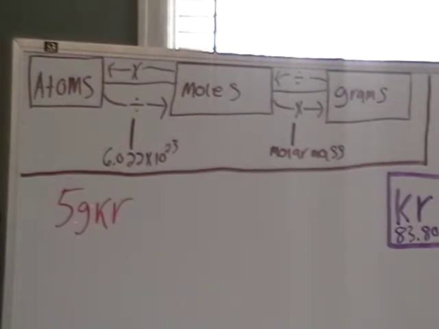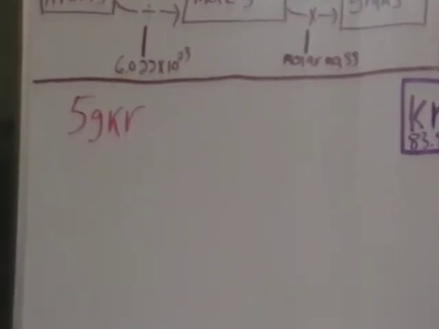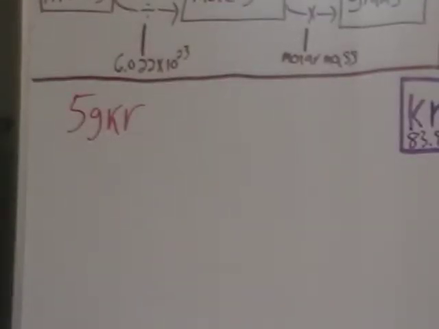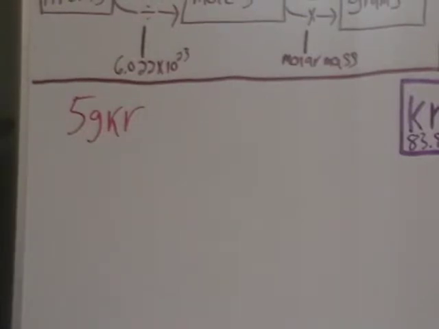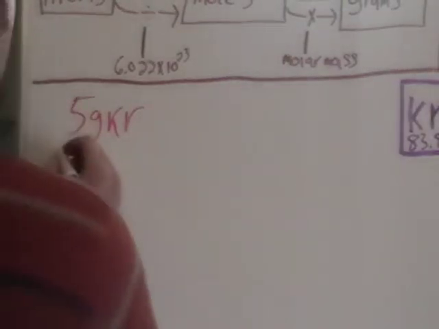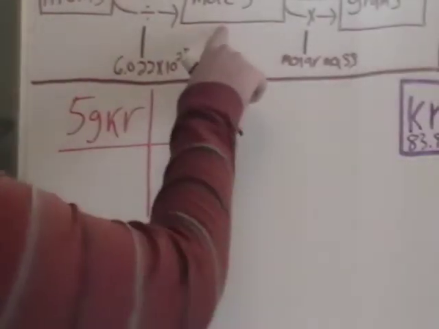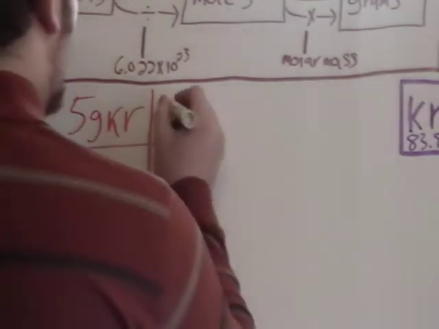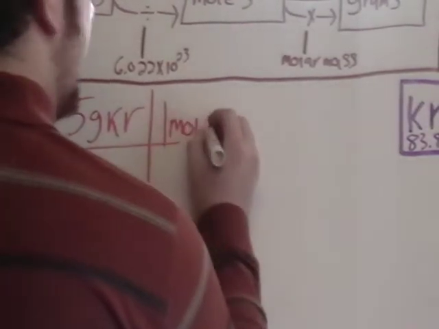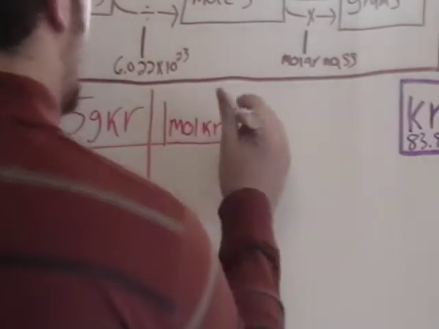You can see right here I have 5 grams of krypton, and I want to see how many moles that is. So we can refer back up here to this diagram. I'm going to have to divide, you can see, by the molar mass, which is 83.80. So let's get started here. And we're following the same rules as the last video that I did on unit conversions. So we have 5 grams of krypton. I want to know how many moles are in 5 grams of krypton. So in 1 mole of krypton, there's this molar mass, which is